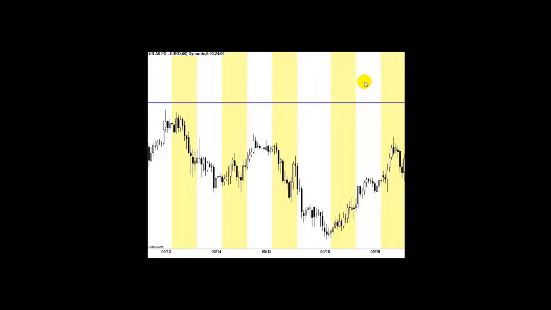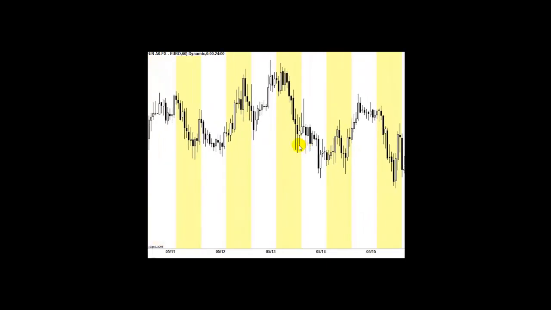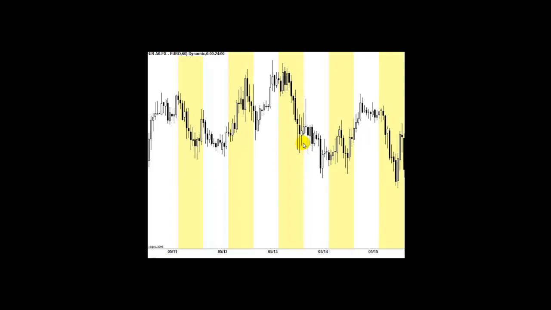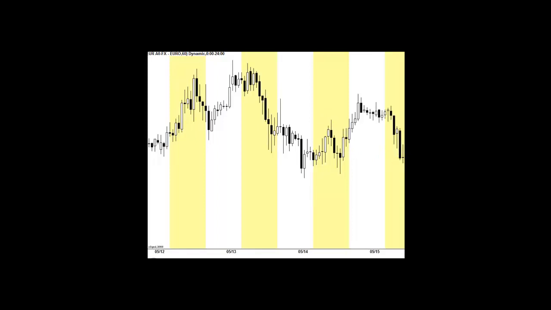So let's have a look at some examples, and I'm just going to really skim back here again, because we will find plenty of examples. Right, let's have a look at this one. And what I'm going to try and do is get the pen out again. All right, so here's the example, and again I'm going across sort of a day and a half here, because this is the best way to deal with it. But there's a piercing pattern, right? That's a piercing pattern, and we get into the original trade at, let's put the price on there,